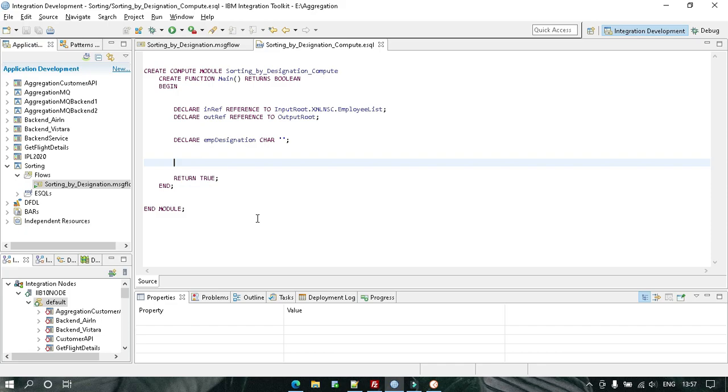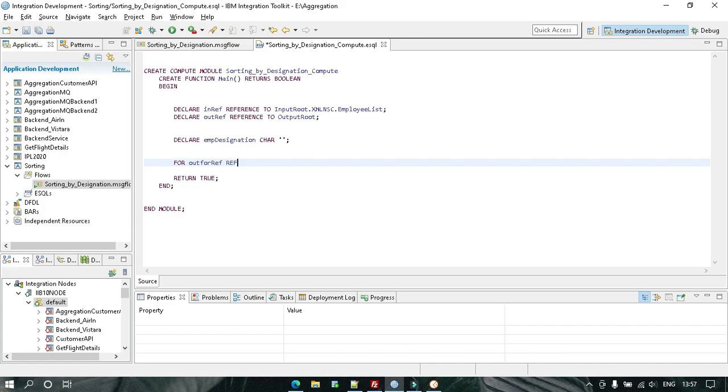So let's go with a for loop. We can also use while, it's up to you. I'll be using two loops: a for, and inside that another for. Let me give it an alias. This is the syntax of a for loop. I am just giving one alias name. Alias means just a reference to a tree.